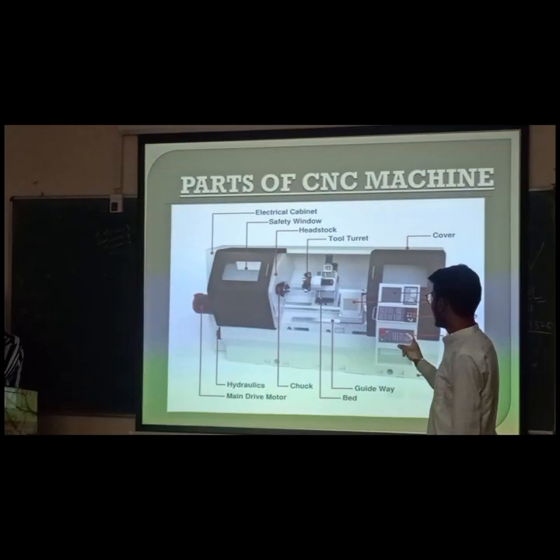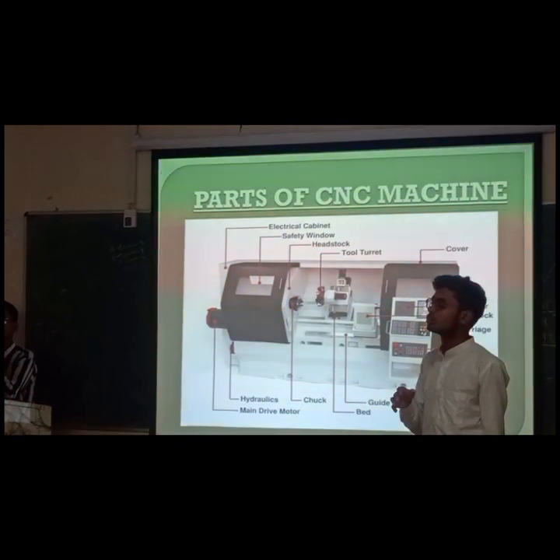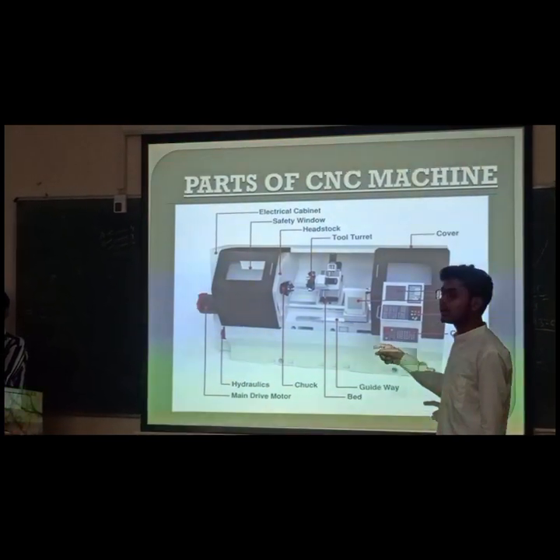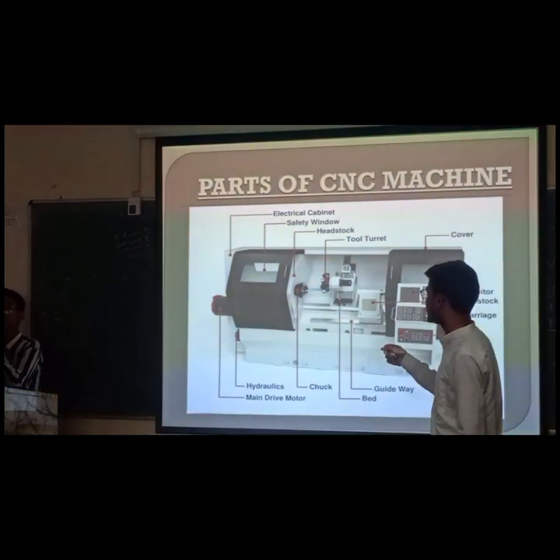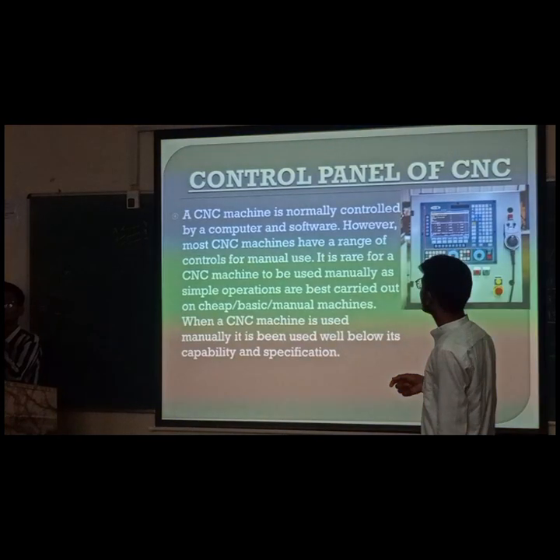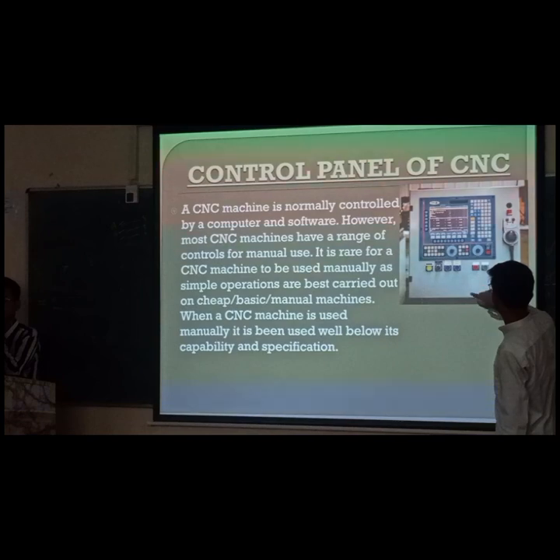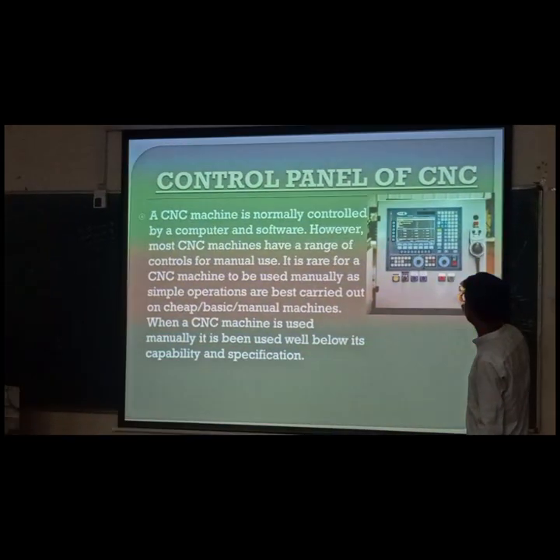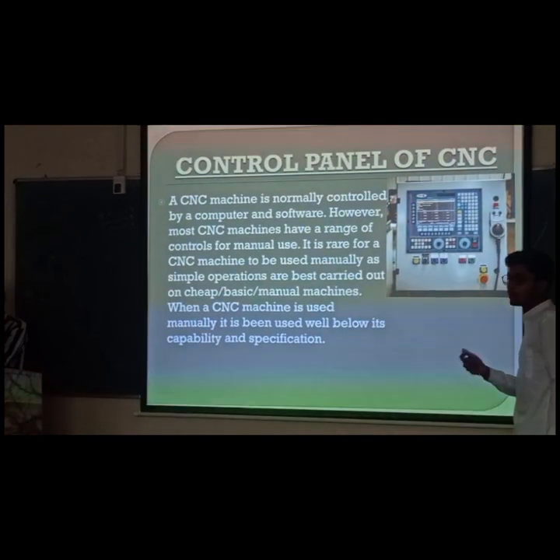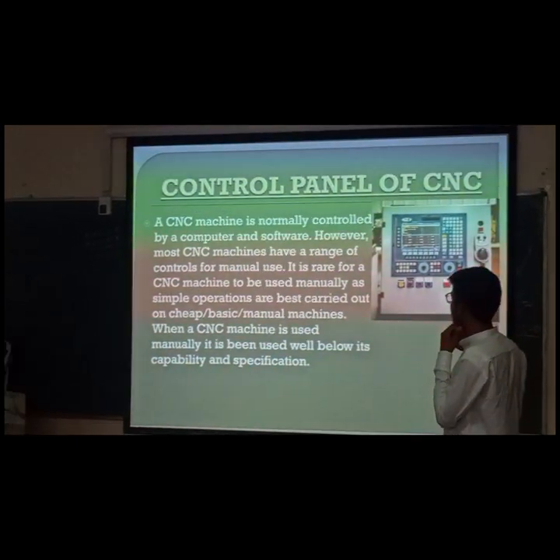Next is hydraulics. Hydraulics is used to control the full CNC lathe machine automatically. Like the chuck, our chuck is controlled by the hydraulics and the coding. Next slide. Next is the control panel of the CNC machine. This is a control panel. This is a switch, and this is a command key where we input the code or give the command by pen.